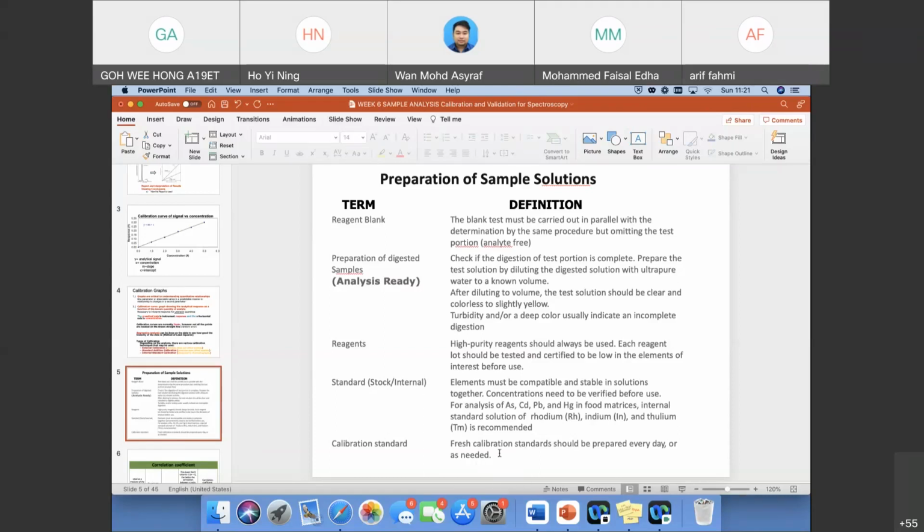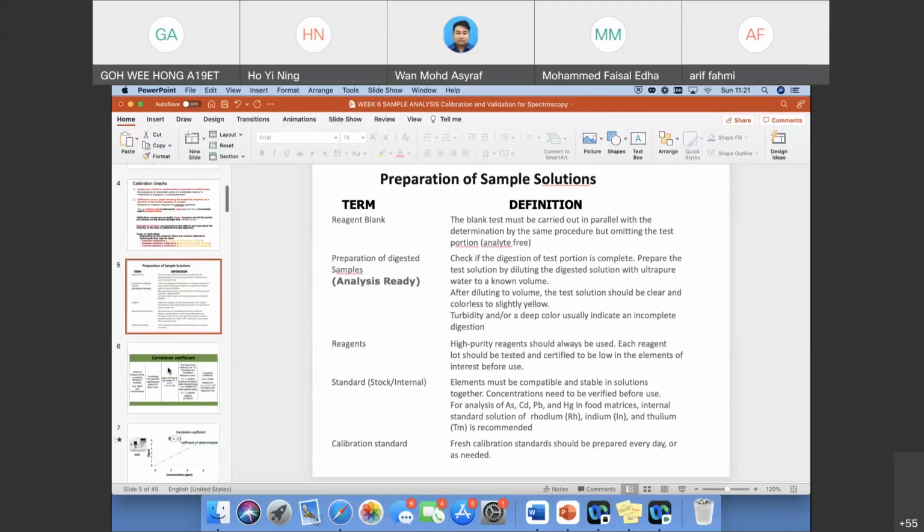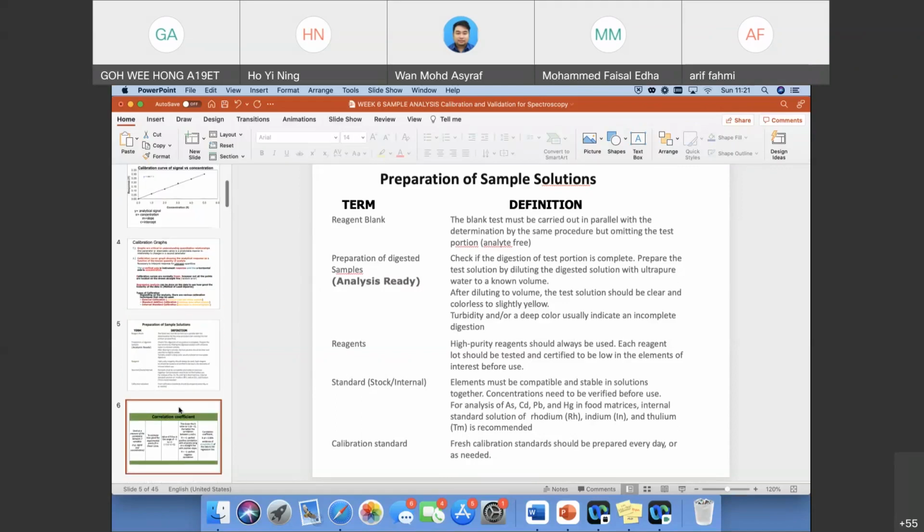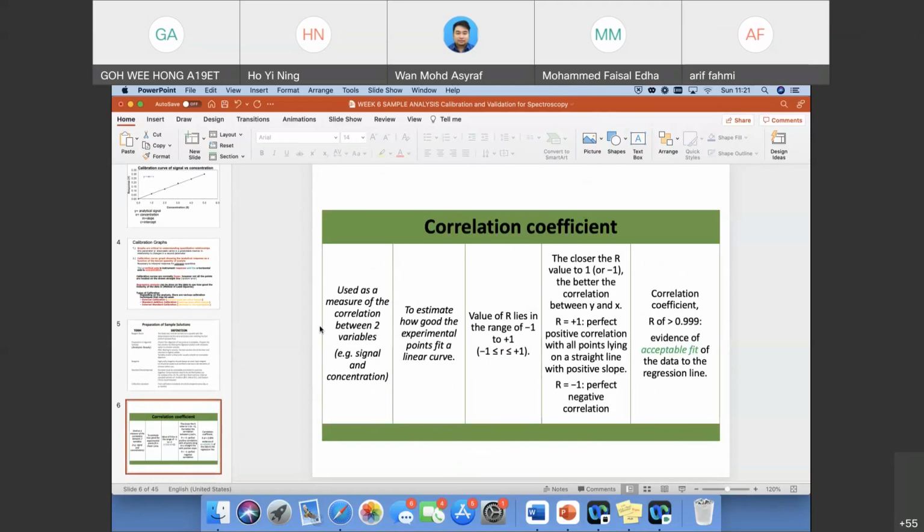Calibration standard is something that you get from your standard stock. Fresh calibration standard should be prepared every day or as needed. These are the terms that are going to be used a lot in this chapter, with their definitions. All right,